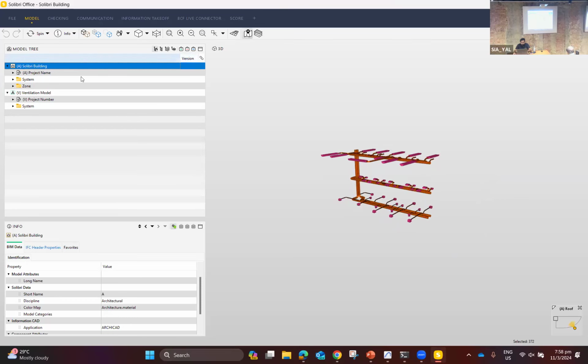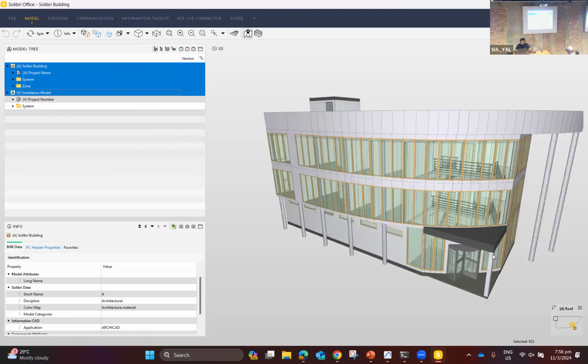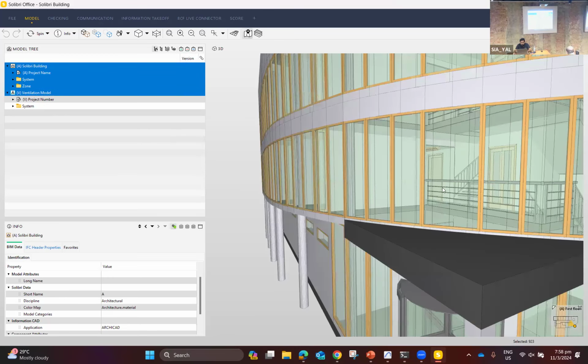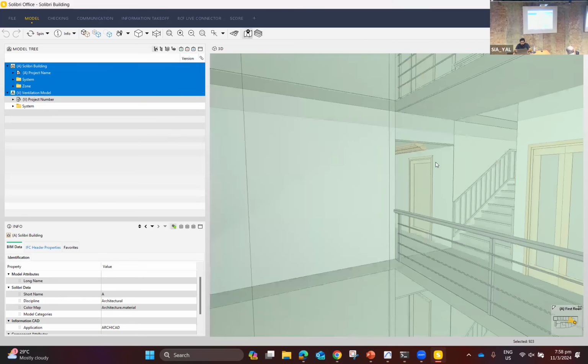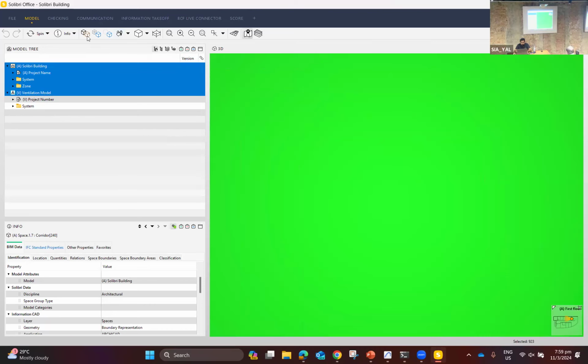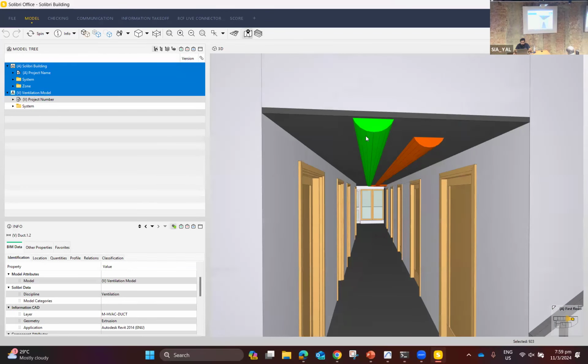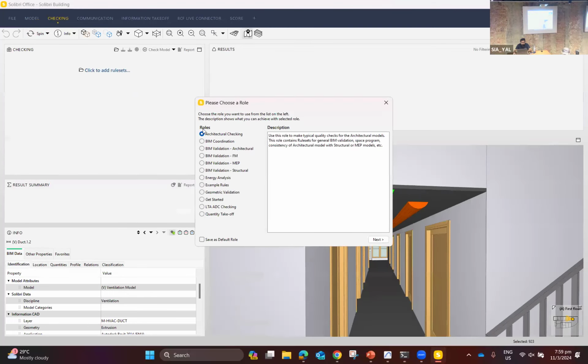Okay, so if I add both of them together by selecting everything to the selection basket, I can see everything. But if I go inside here, you can see the ventilation model is there. If I select any of the elements right now, I can see the spaces as well. Here I'm selecting this duct, which is colliding with the suspended ceiling there. As soon as I select that, you can see this duct is coming from my ventilation model. I can see the V there, and if I go to the checking,